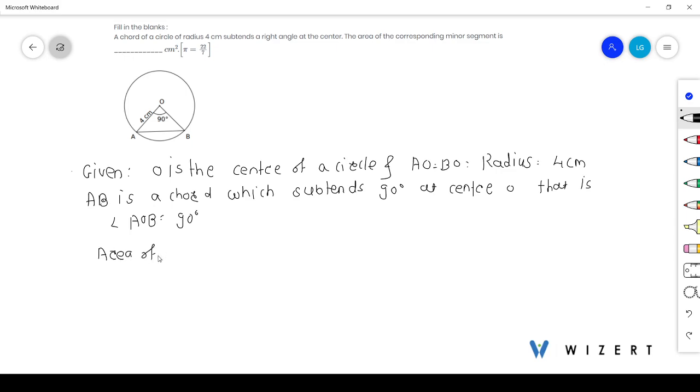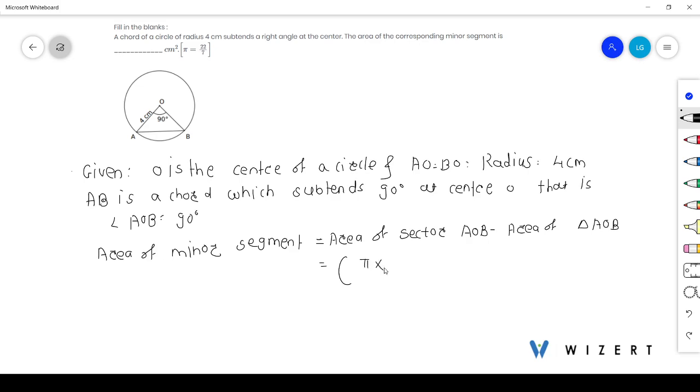So area of minor segment is given by area of sector AOB minus area of triangle AOB. Now, area of sector AOB is given by pi into r square, that is radius square,